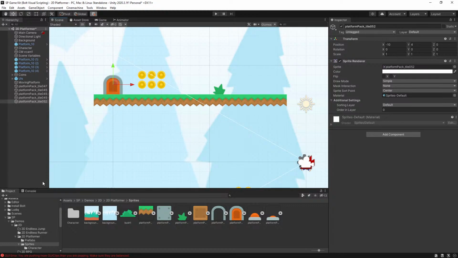How can you use Bolt to make in-game editing, like Astroneer? I'm back. Welcome back. Yeah, that's